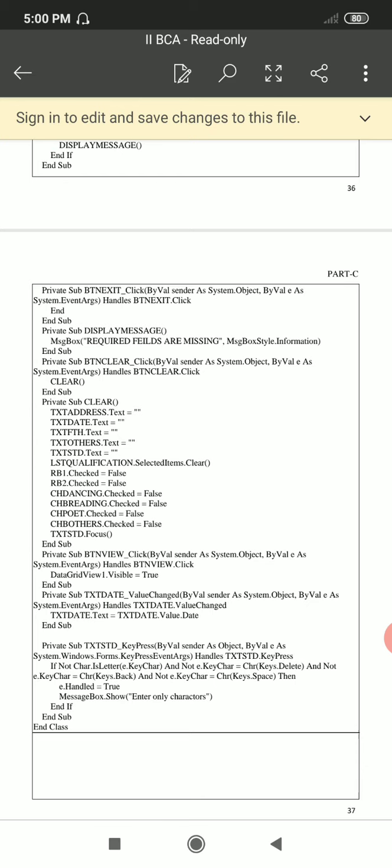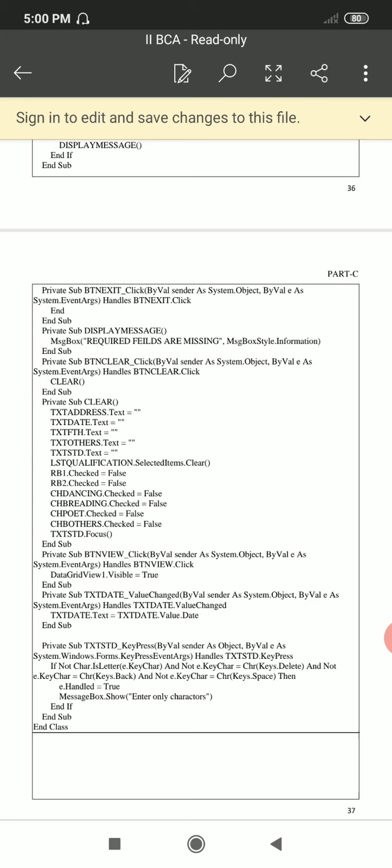If not Char.IsLetter(e.KeyChar) and not e.KeyChar equal to Chr of the ASCII code of delete, and ASCII code of backspace, and ASCII code of space is taken here, the CHR for ASCII codes. So here then e.Handled equal to true, otherwise it should show a message box with the message enter only characters.